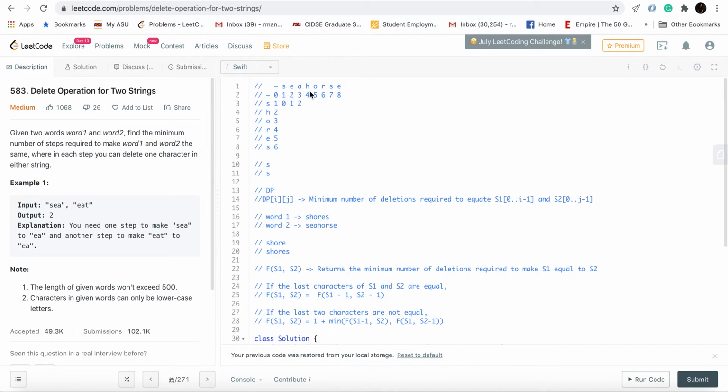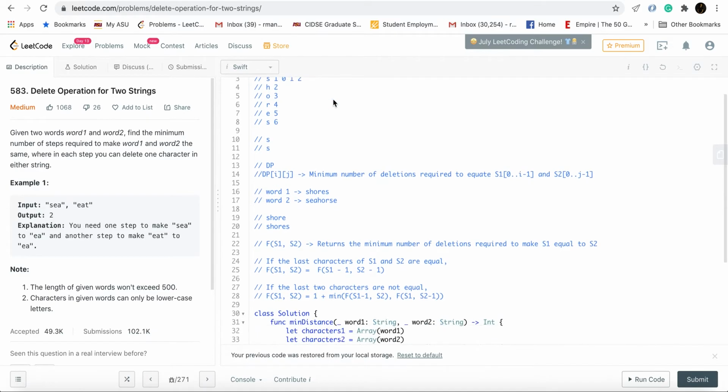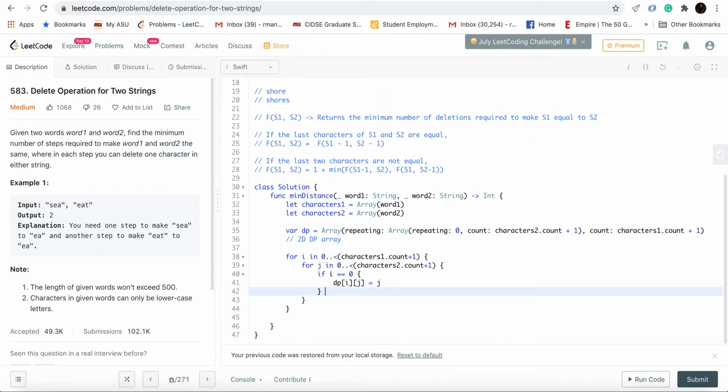The value of j will be 4, 5, 6, and making a similar argument for j equal to 0, dp of i, j is equal to i.